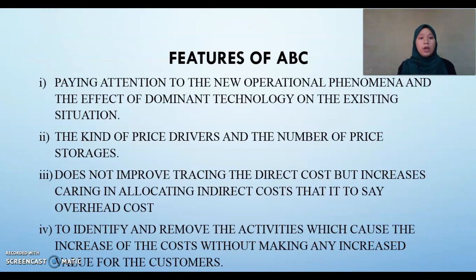Features of ABC. First, pay attention to the new operational phenomena, also the effect of the dominant technology on the existing situation. Two, the kind of price level and the number of price storage. Third, it does not improve tracing the direct cost but increases tracing and allocating indirect costs that aid in staying overhead costs, to identify and remove the activity which causes the increase of the cost without making any increased value